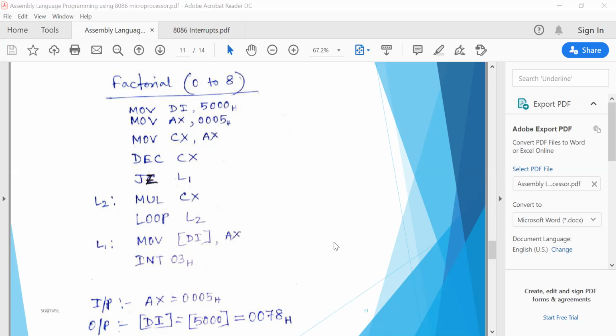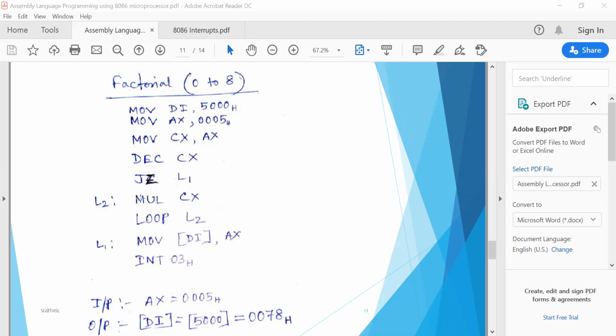The loop will be continued until CX gets decremented by 1 and reaches 0. So that's why I have given loop L2, which must be continued until CX gets 0. Is it clear? That's why I have not written DEC CX again.